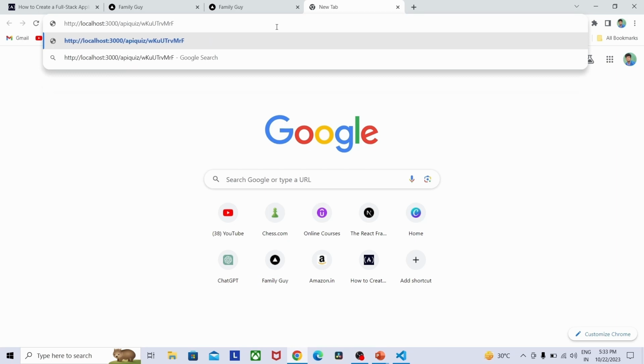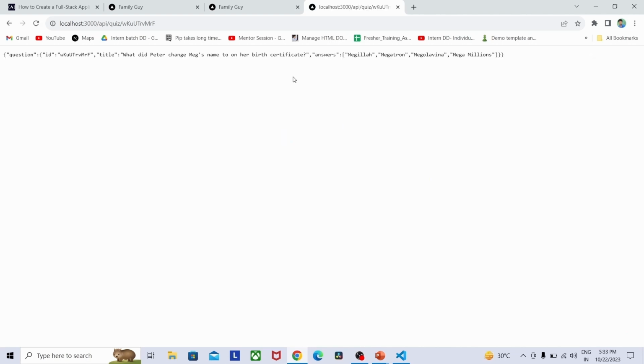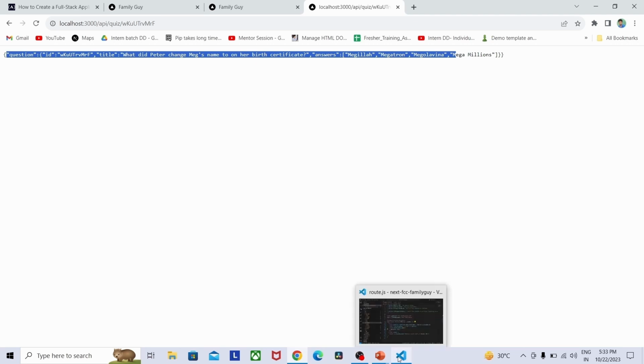Go to the browser, copy the values and paste it here, provide API. Now you can check whether the values are returning or not. The question values are returning here. So this API route is working perfectly. Next, I need to write the API fetch for this answer in the same way. Let me go here,